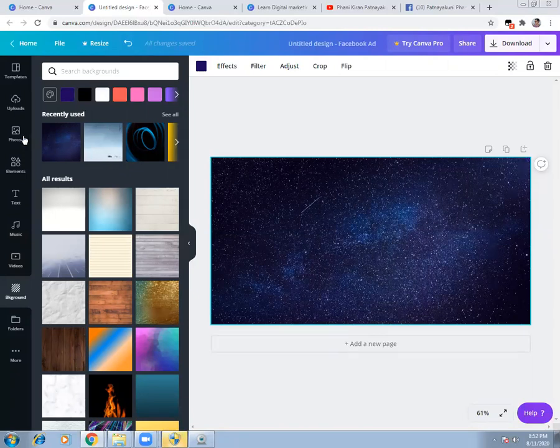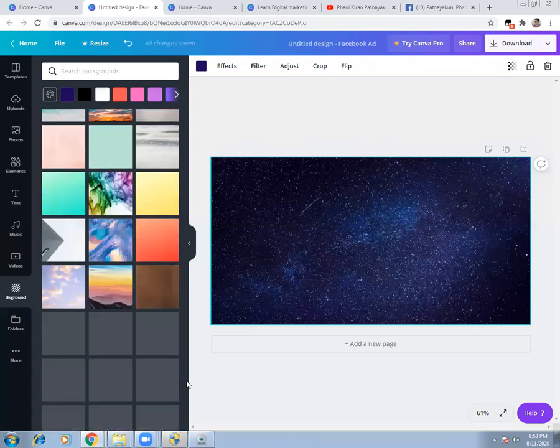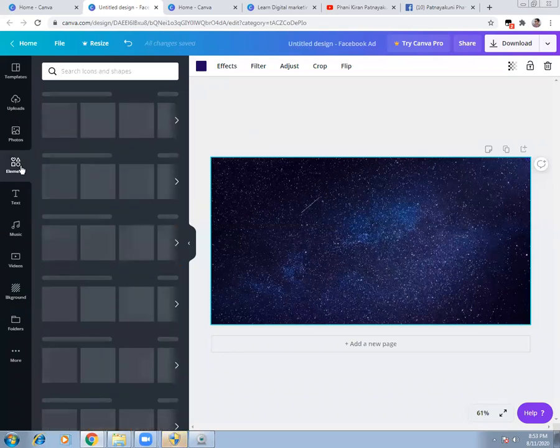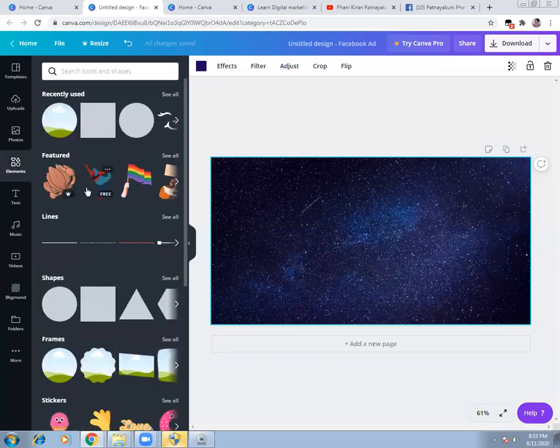So similarly for photographs and all, when you actually get into the Facebook pages and all, there you have a lot of free images, and there are some premium images which are paid images. So you should identify which one is a free image and which one is a paid image. Whatever is free, ideally you can use all those things. Whatever is not free, that is probably chargeable. So you have to understand, see this is a pro version. That means if you need this image, then you need to pay $1 for this image, which is around 70 rupees. So for example, you're designing something and you're ready to invest some money because you want to give a rich experience to your customers, then it is advisable you go for a paid version.